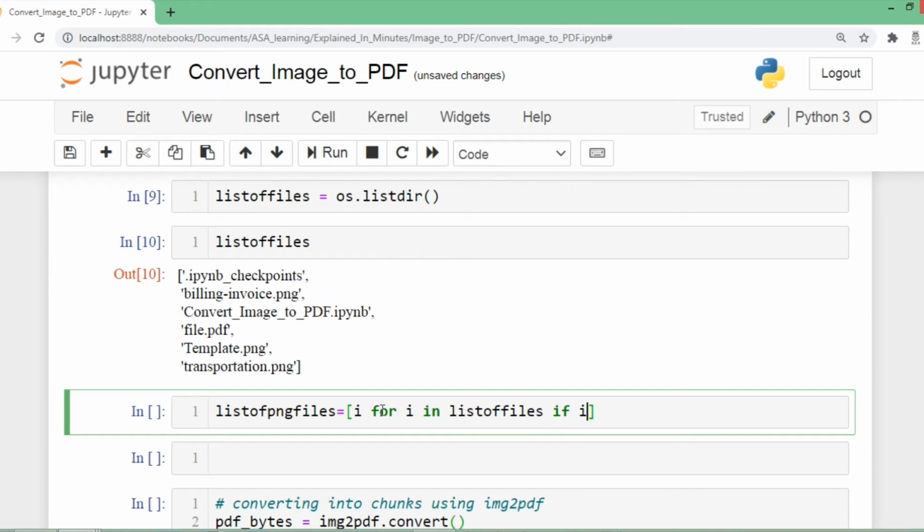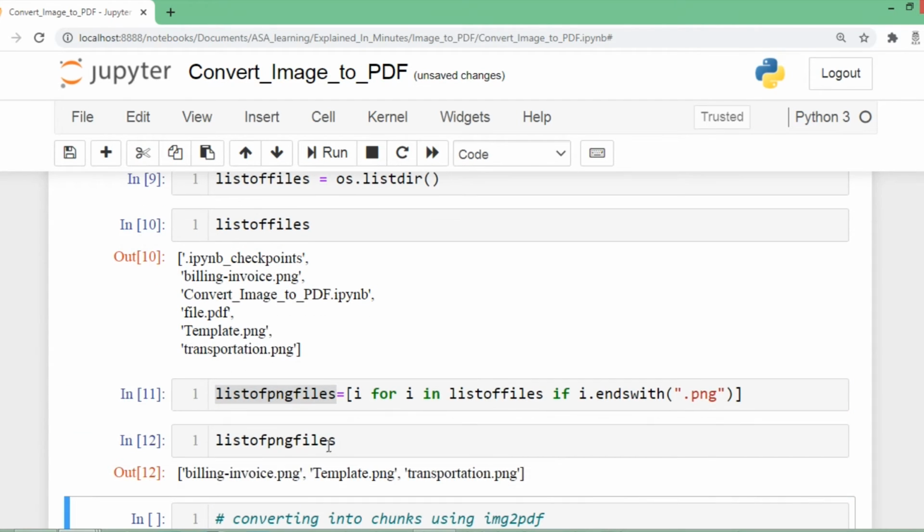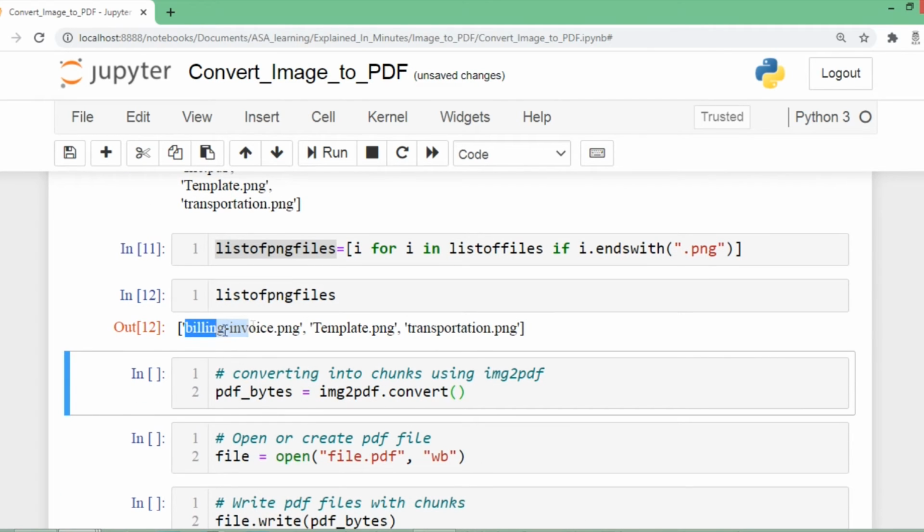If this particular file ends with, and I will specify it with .png. As simple as that, right? Now let us see what is there in this particular list. Now we got a list which consists of only the .png files which are our image files.